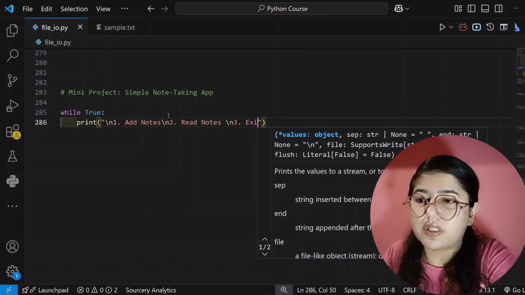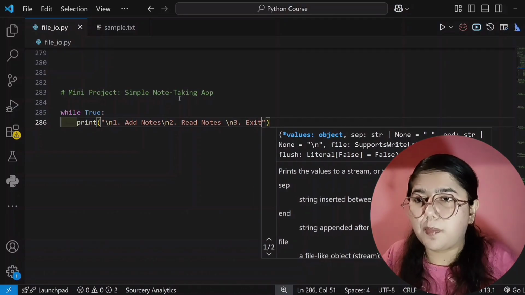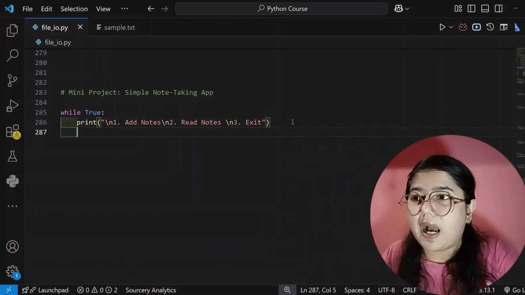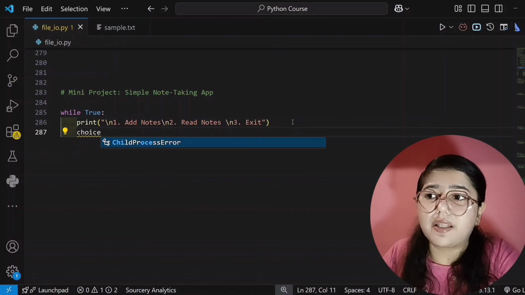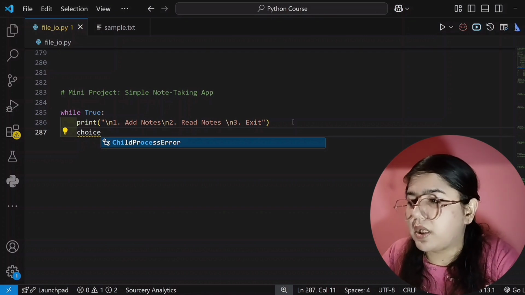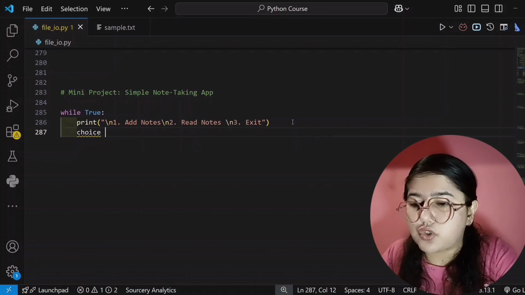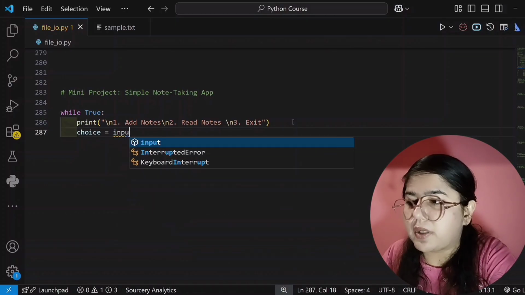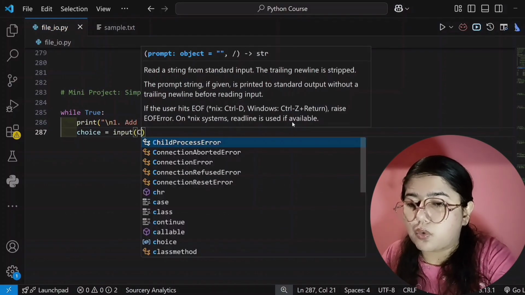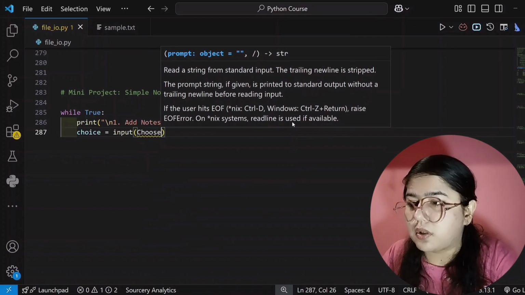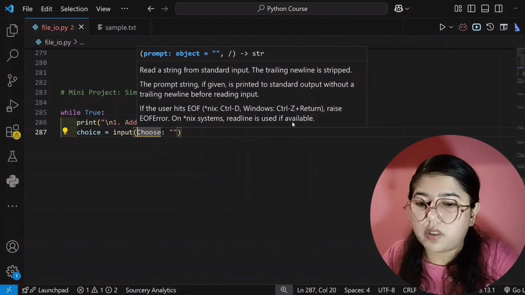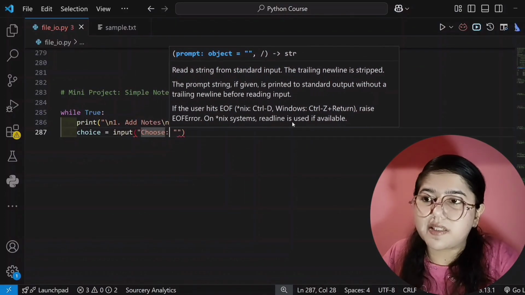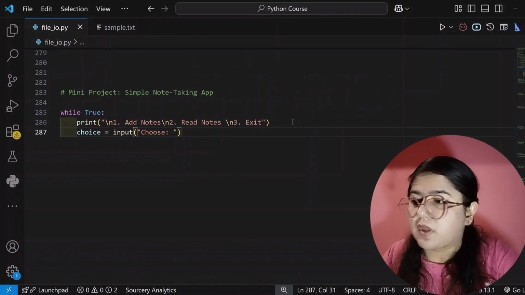Yes, so I have written 3 conditions here for the mini project. Now I have to create a variable for the choices so that the user can select either 1, 2, or 3, and this choice will be stored in our choice variable. So for that I'm creating here choice, and whatever the user gives as input will be stored here. I have not applied the inverted commas, that's why. Okay, so now it's correct.